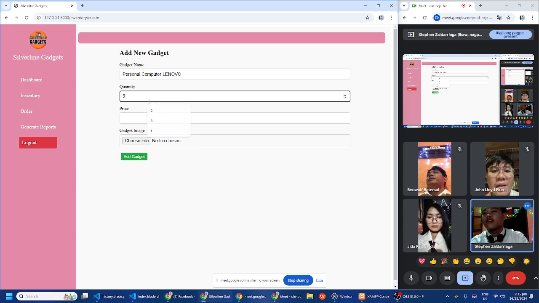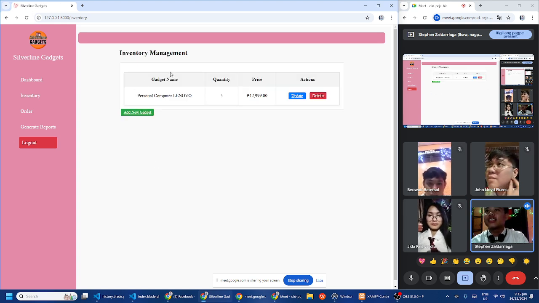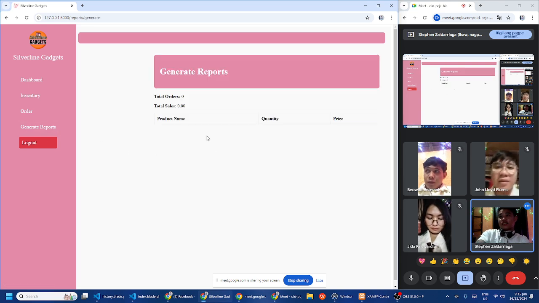Quantity 5, price is 12,999. Add gadget. So this is a personal computer Lenovo. Let's go to the generate report. The total sales at generate report is 0.